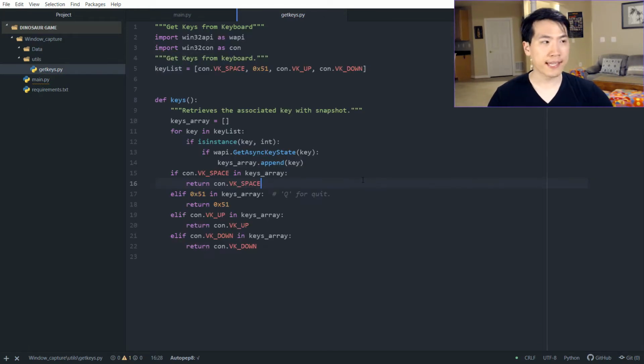So this is my get keys package. What's happening here, start right here. This is my key list array. These are the only values that I want recorded. The very first value is going to be the virtual key, and this is also related to the Windows operating system machine. So do note that your values might be different if you're on Linux or macOS. But I just want to record the hexadecimal for the space bar,